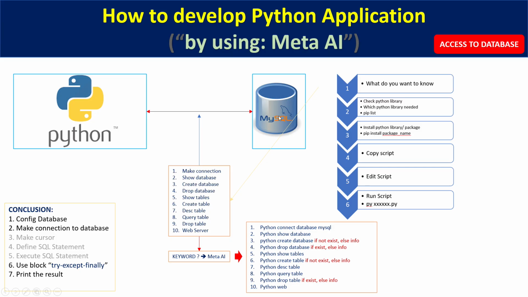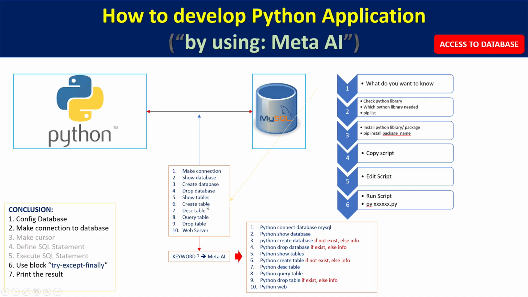Ini sangat penting karena seluruh akses to database, baik kita melakukan show, create, drop, query, and so on, the first one, we must make a connection from Python to the MySQL database. Oke, ini sangat penting. Pertama sekali, di dalam semua activity kita harus membuat koneksi dari Python ke database MySQL in this case. This is the stepping. We have 6 stepping.